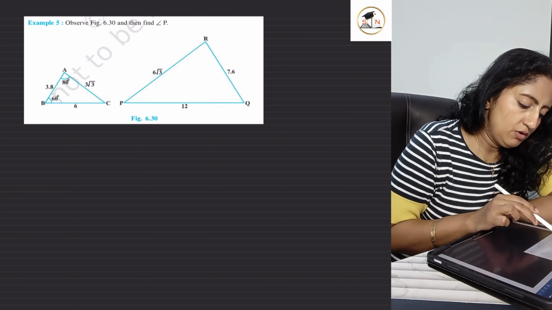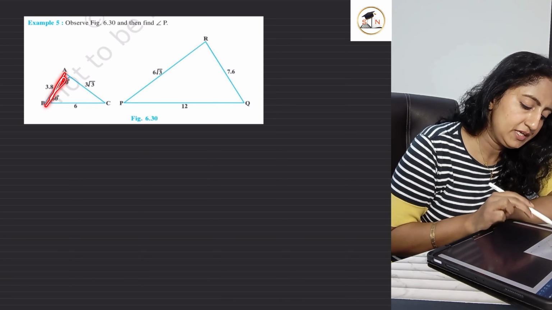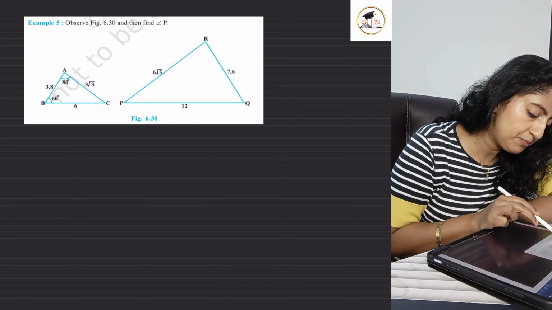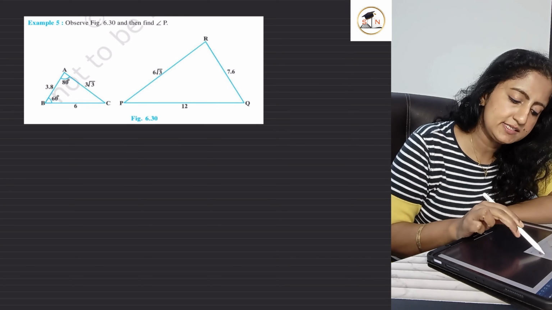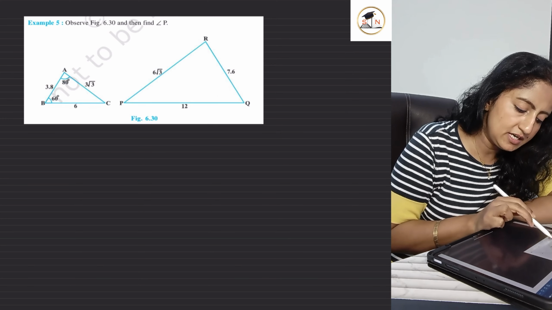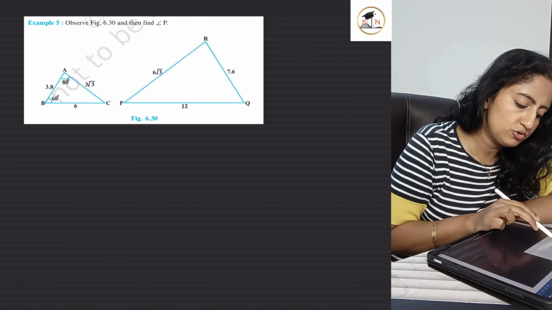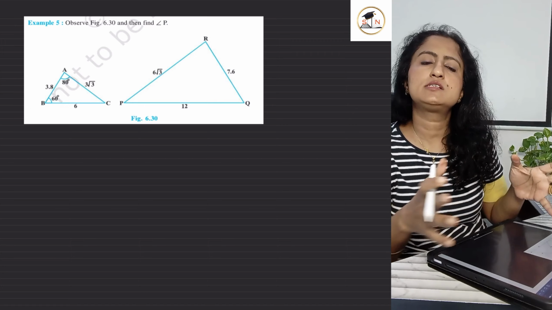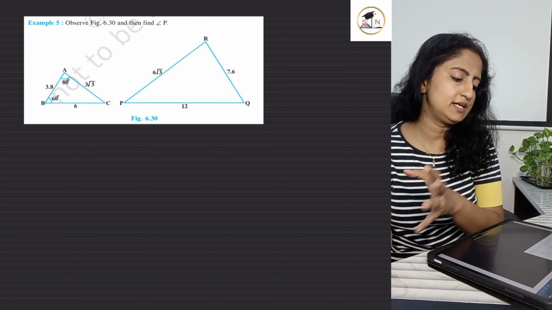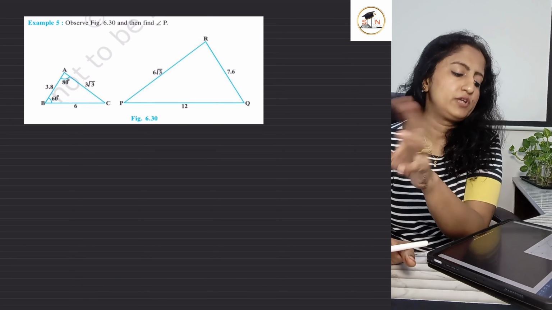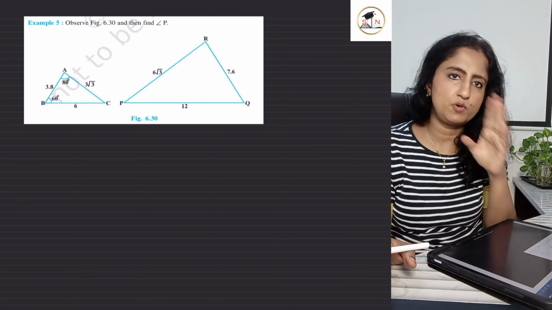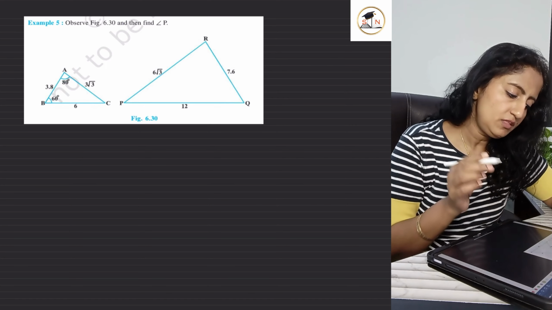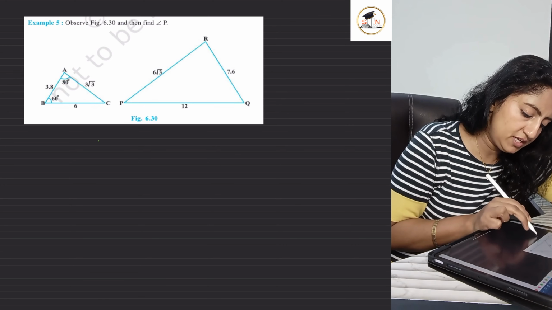What we have over here, AB is actually related to RQ. कैसे पता मुझे? This is 3.8. 3.8 का डबल होता है 7.6. 6 का डबल होता है 12 और 3√3 का डबल है 6√3. तो अब मुझे नजर आ रहा है कि yes, this is how the sides they have dispersed. Basically, उन्होंने आपका सेकंड ट्रायंगल रोटेट कर दिया है, as it is नहीं दिया, कॉरेस्पॉन्डेंस हमें एकदम से नजर नहीं आएगी, but you have to find it. Okay, तो अब हमारे पास क्या है यहाँ पे, we can write